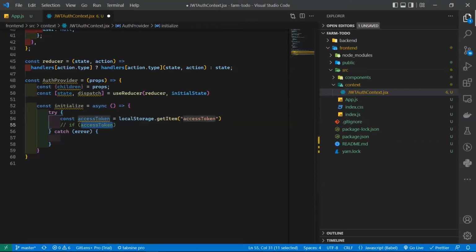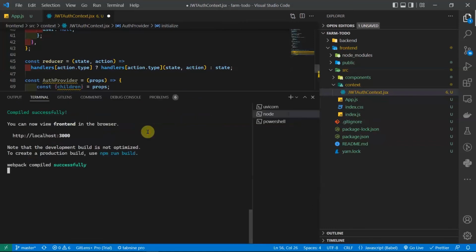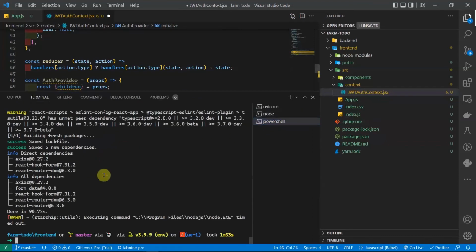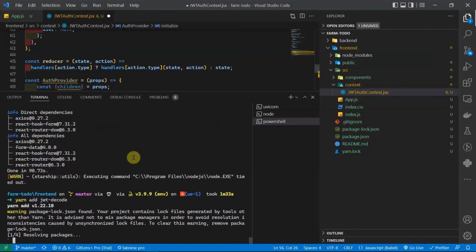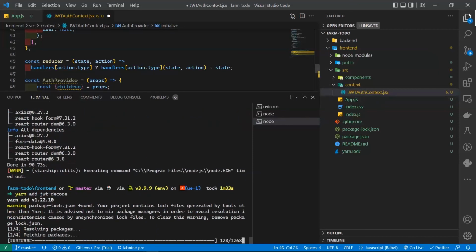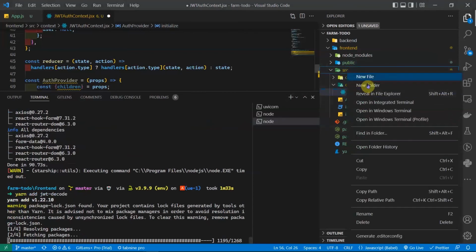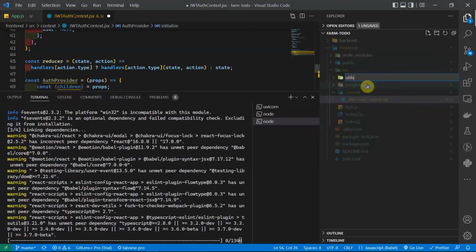If you have an access token or a valid access token, for that I'm going to use another library called jwt-decode. It's a small library to decode JSON web tokens. So yarn add jwt-decode. Meanwhile, we can just write our utility functions to get the tokens. So inside the src, create another folder called utils, and then inside utils I'm going to create another file called jwt.js,